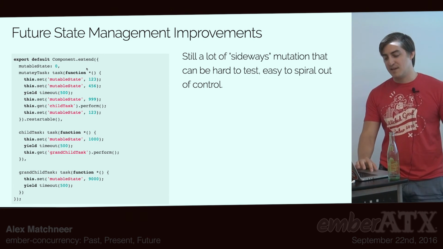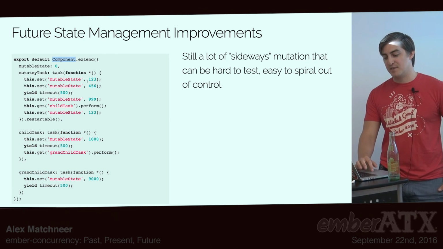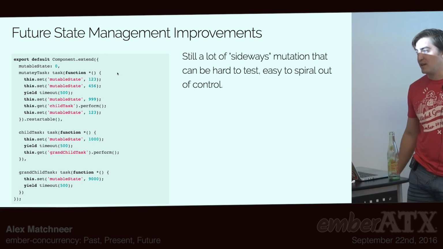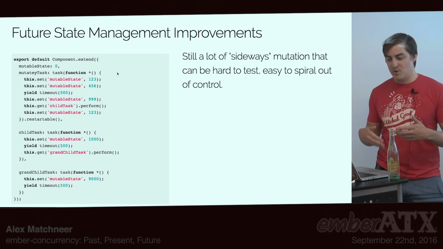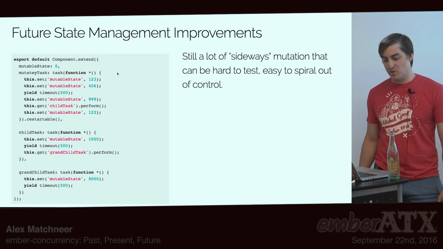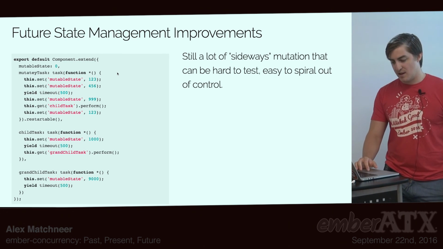But there's still the problem that you might be deeply inside this function, which is called by this task, which is called by this task, which is going to time out before it. And all of these things have equal access to the state on this component object. That's not great. It's making these distantly, deeply nested things, away from the source mutable thing, a little too easily mutable. And I'm hoping, and I've been working with some of the geniuses at Frontside, and I think we're actually pretty close to something nice, where